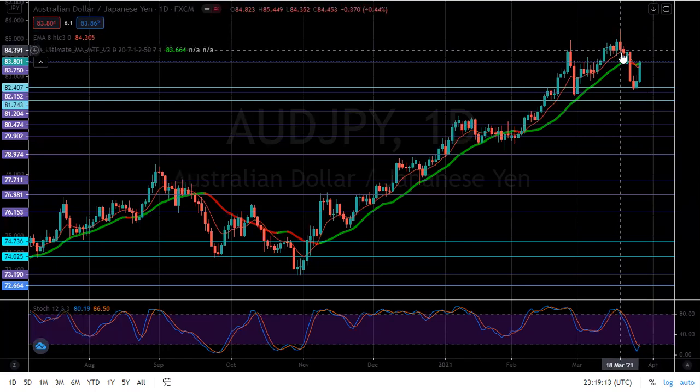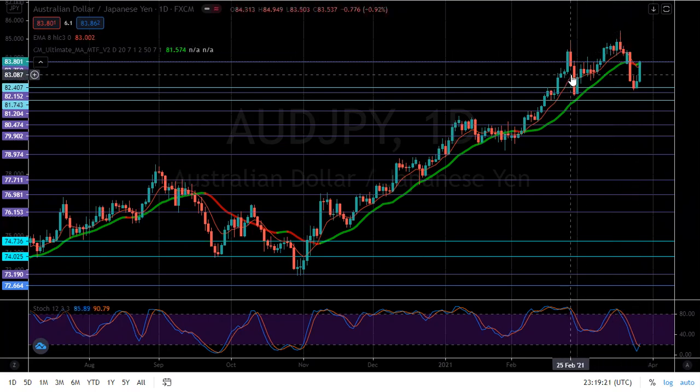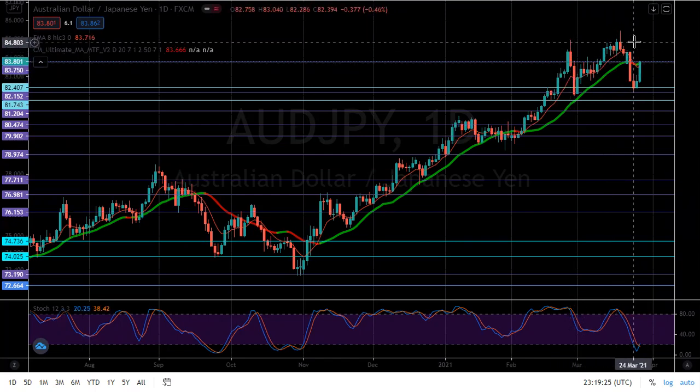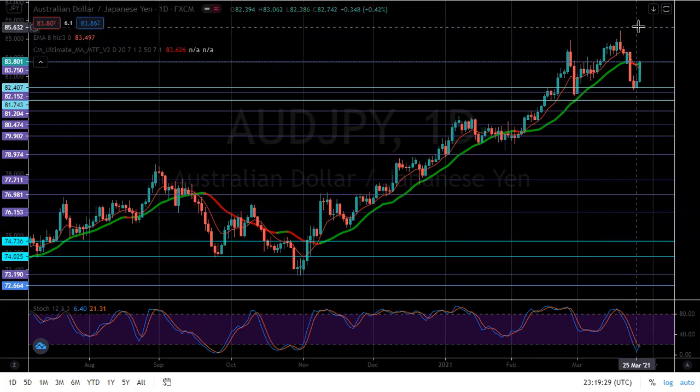But if we have a break and close above the triple top, first of all, a break and close above these highs here, most likely we'll have the momentum to go way higher to the next key level of resistance, which will be at the 86 handle. For me, I'm looking at price going forward to hit the 86